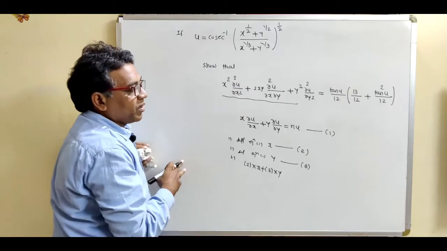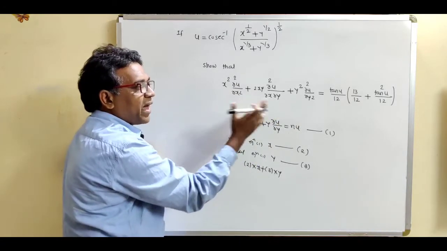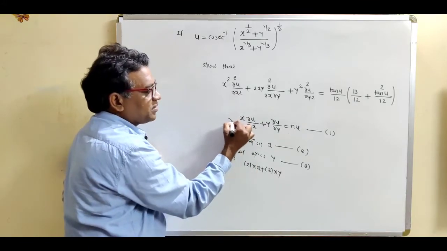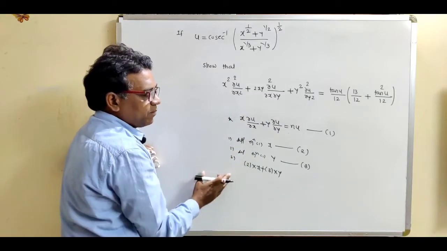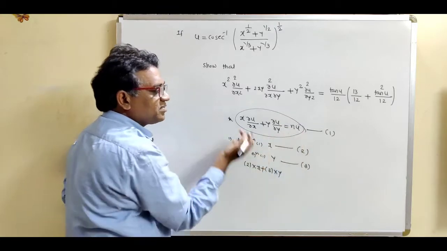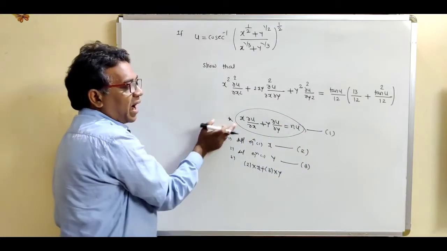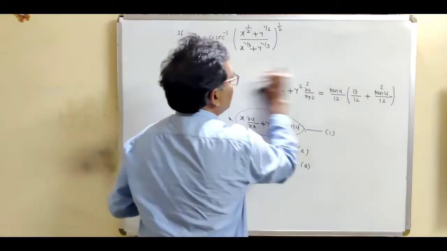So see, our required quantity is just like a bracket square type term, and this is the consequence of Euler's theorem. So how to get this consequence? There are 3 steps. Differentiating equation 1. Equation 1 means the statement of Euler's theorem. So first of all, we have to obtain Euler's theorem and just apply these 3 steps. Write down the solution.